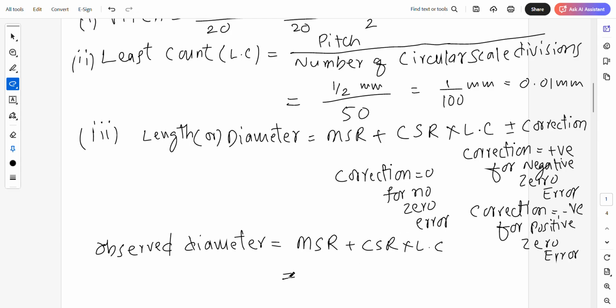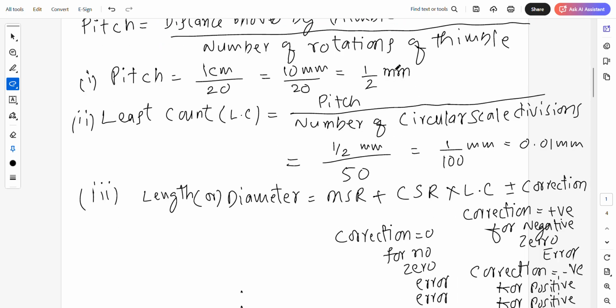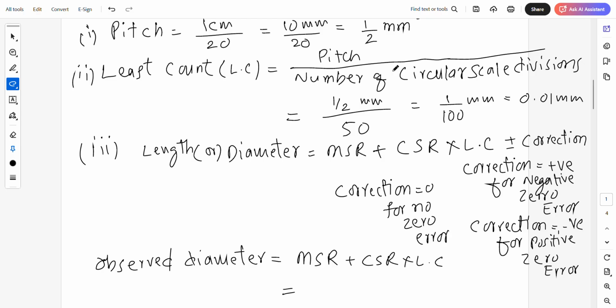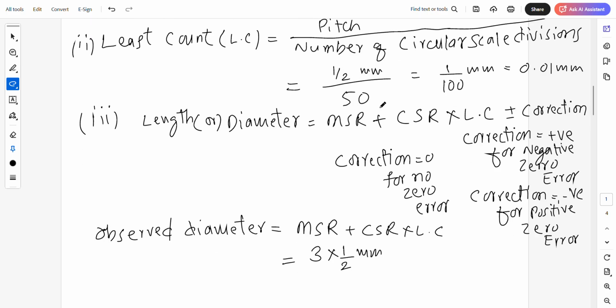How much is main scale reading they have given? While measuring the diameter of a wire, the reading on the main scale is 3 divisions. But each division is of how much? That is into 1 by 2 mm. This is very, very important. You are supposed to multiply this pitch with this one. 3 into 1 by 2 plus